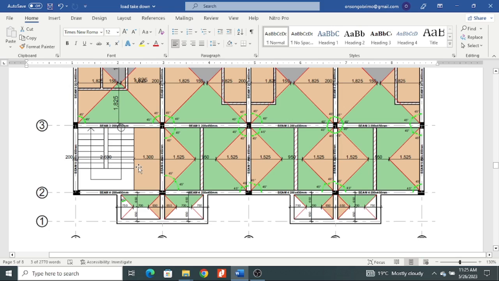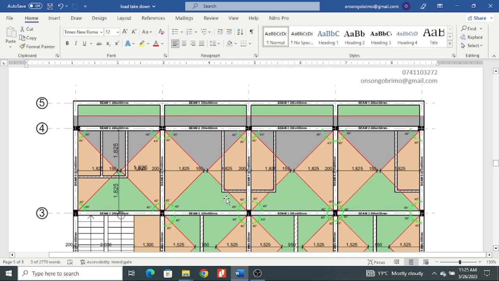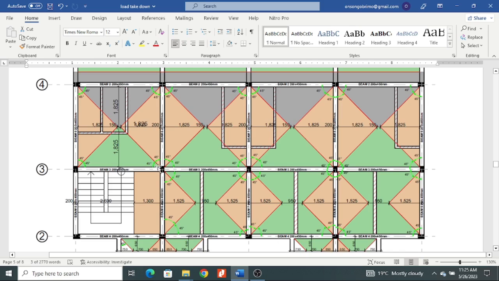Of course, half of it depends on the support system of the stair. Half of the loads you will distribute to this beam and half of the loads to this beam. So if you want to do manual design, what you do is pick two critical beams. It also depends on the size of your structure, but for my structure here I could pick two critical beams, design and analyze them, and use that to detail and